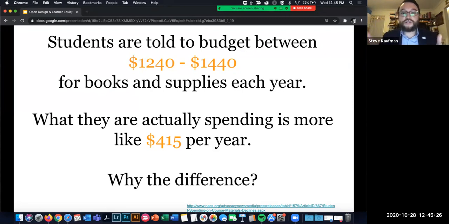And so they understand the game of higher education. Maybe they've been burned in the past by the faculty member that didn't use the textbook. And often what we find is that first semester freshmen, they do buy all the required books, but then they learn their lesson and they don't in following semesters. So that's really interesting here. And I think you've all hit the nail right on the head there, that they've got a lot of different options here. So I'll share a little bit about what textbook prices are on my campus specifically a little bit later.